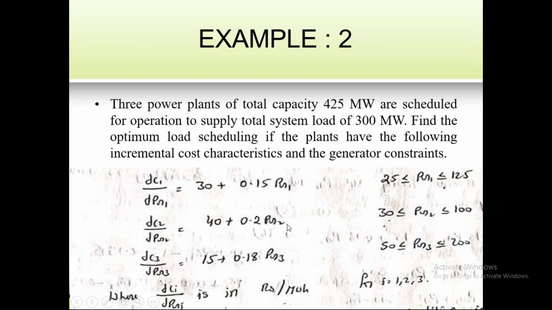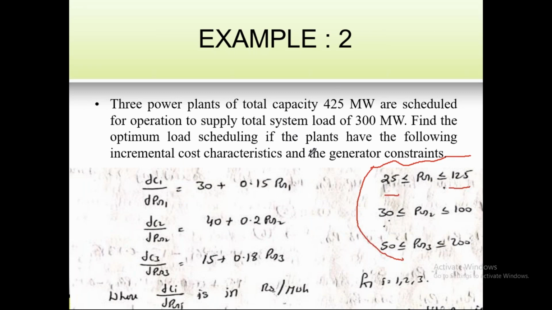See here, this is problem 2. What we did in last class is the same problem, but with one difference: there are no generating limits given. See here, these 3 plants have generating limits. When do we have to consider the generating limits? Because every unit has a maximum value and a minimum value. No plant will generate more than the maximum or less than the minimum. So it has some limits, and based on the conditions it will generate in between this maximum and minimum. Every generator has to respect these limits.